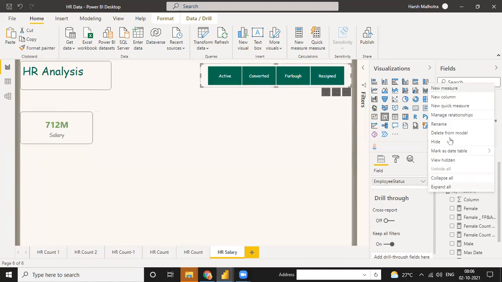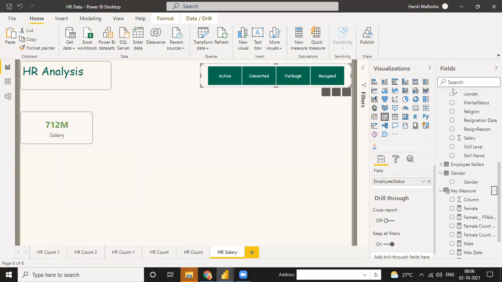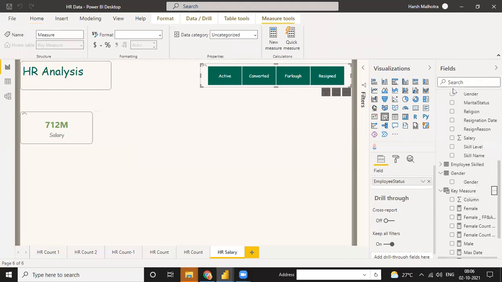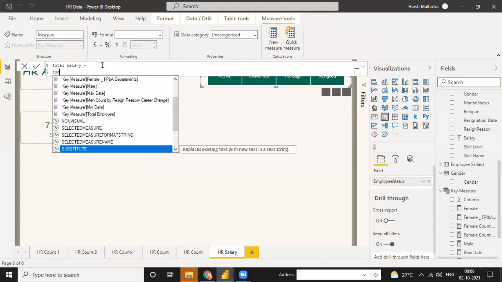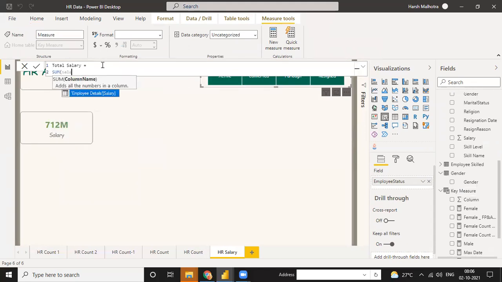So you can just go to this new measure and use the explicit function, because explicit is reusable, so that we can reuse it after some time. Like total salary, instead of this you can use the sum of salary.